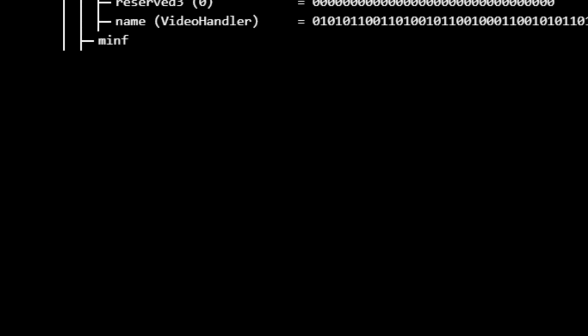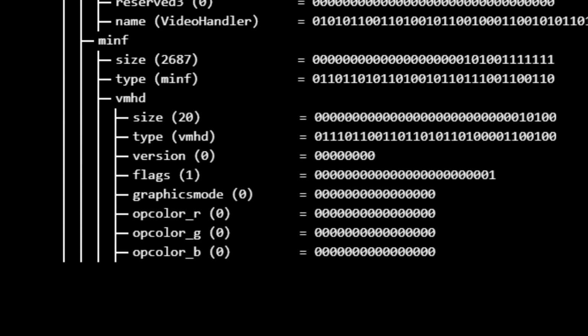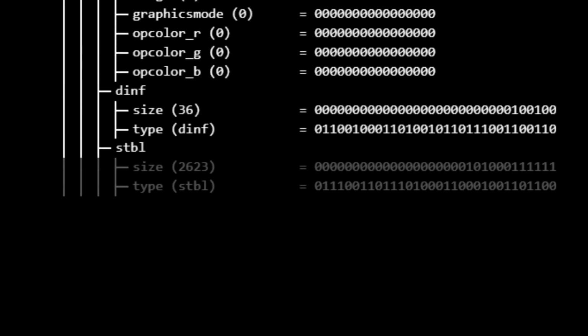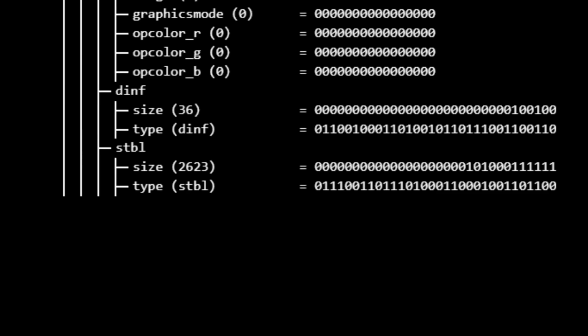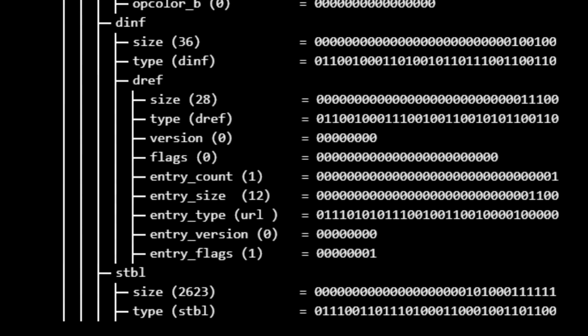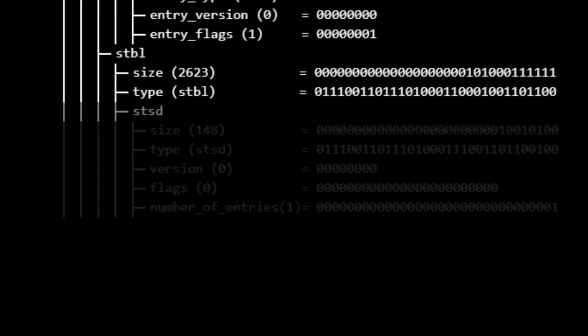Next, create a media info, or MINF atom. Inside, create a video media header, VMHD, like so. After, create a data info, or DINF atom, and a sample table, or STBL atom. Inside the DINF, add a data reference, or DREF atom, like so. This item lists the data references that specify where the media data for a track can be found. Inside the STBL, add a sample description atom,